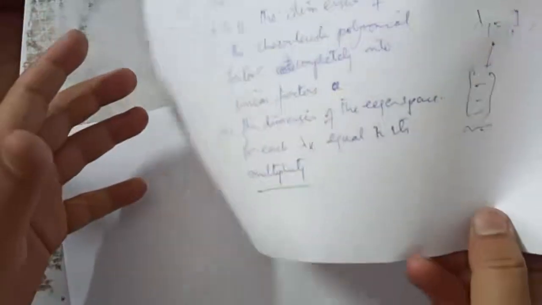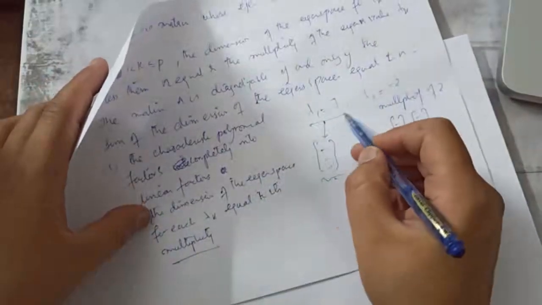Like for example, in this example, the basis for this subspace for lambda 1 was